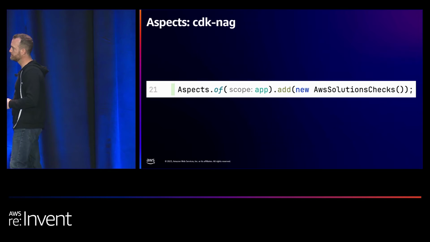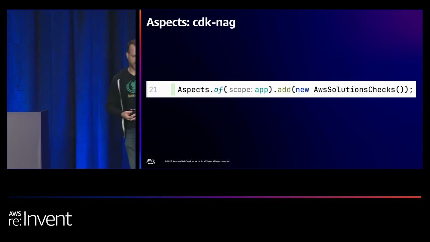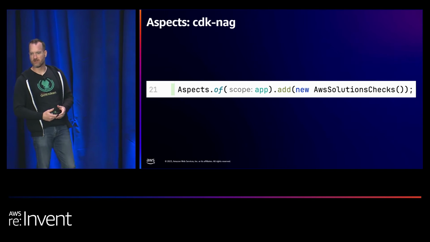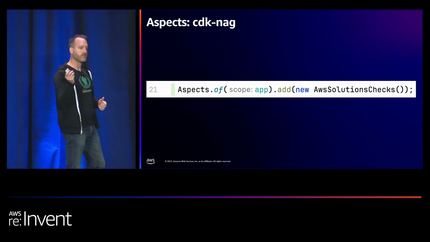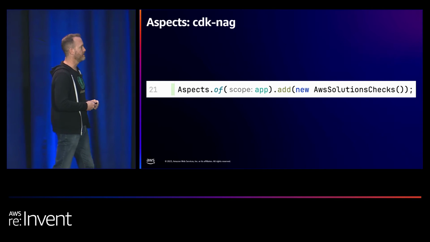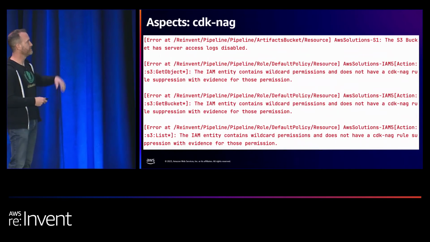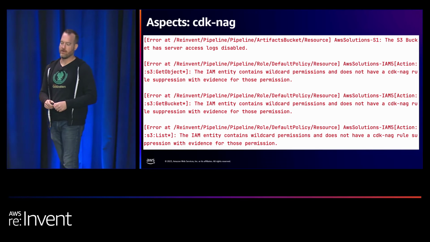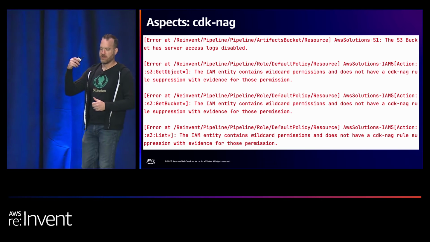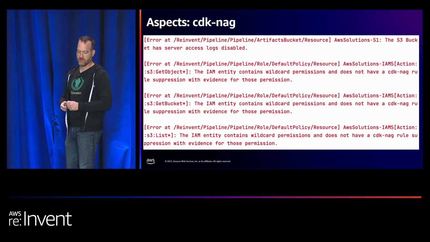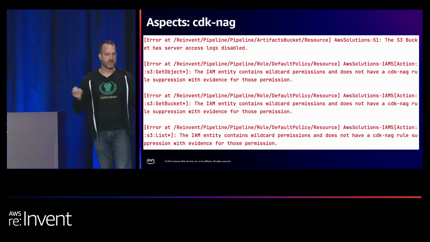Very simple, very easy. And then finally, I get the whole thing built, and then my compliance and security officer came to me and they said, yeah, but is this thing secure at all? And I go, I don't know. I'm not a very good developer. And they go, okay, well, let's do this. Let's go ahead and we add the CDK nag aspect to my code. Very simple, one little line. I do it at the very top app level. And the next time I synthesize my code, it's going to produce a whole bunch of errors. And now I can go through all of this one by one with my compliance officer, and I can say, is this something that we can safely ignore and throw an exception, or do I need to fix this? And we work through these problems one on one,